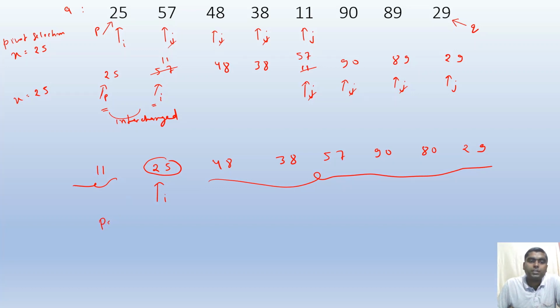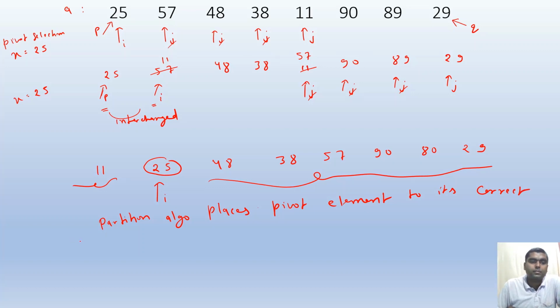So the partition algorithm places the pivot element to its correct place,